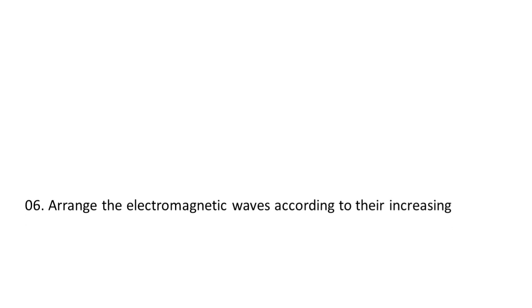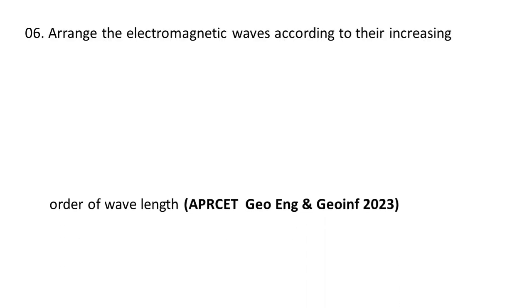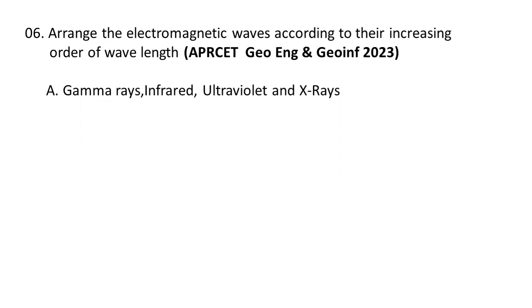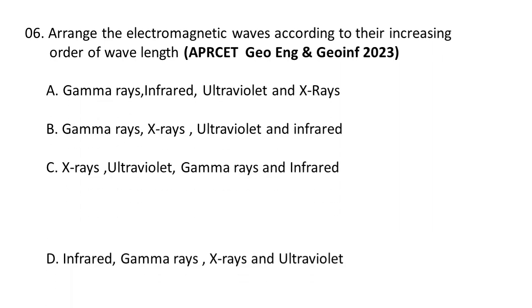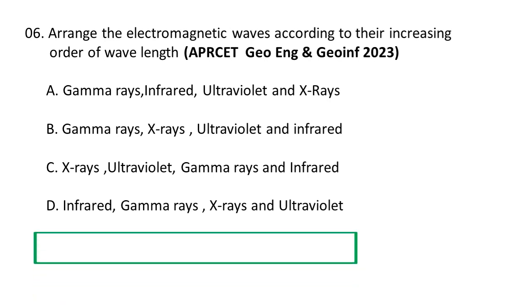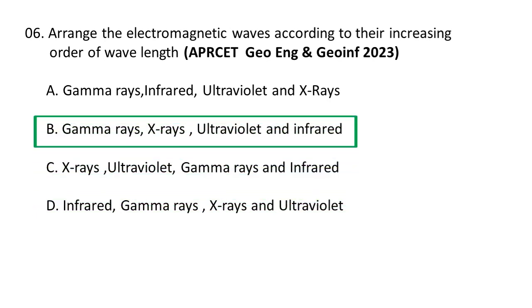Next question. Arrange the electromagnetic waves according to their increasing order of wavelength. A. Gamma rays, infrared, ultraviolet and X-rays. B. Gamma rays, X-rays, UV and infrared. C. X-rays, ultraviolet, gamma rays and infrared. D. Infrared rays, gamma rays, X-rays and ultraviolet rays. So, the correct option is B, that is gamma rays, X-rays,